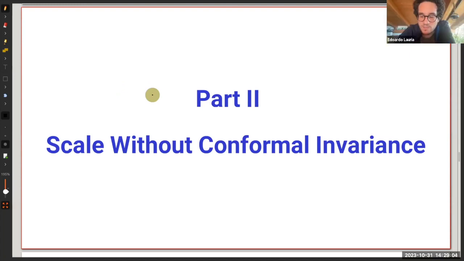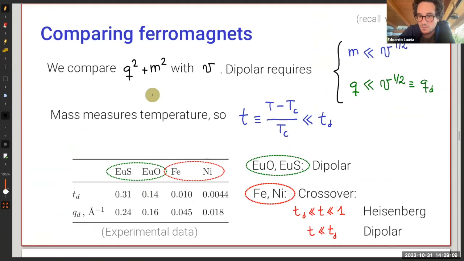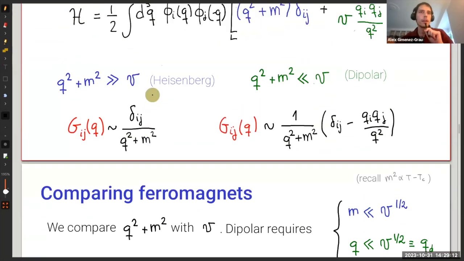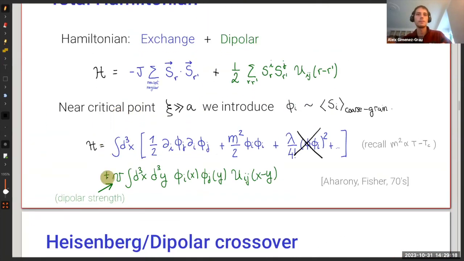You're saying that these dipolar effects are actually much more common than the Heisenberg effects, or not? Yes, correct. Let me go back to this Hamiltonian. The comment is that this coupling V might actually be quite small in many materials, but still it's a relevant coupling. So in the IR, if you go far enough in this RG flow, close enough to the true IR fixed point, this is eventually going to dominate. And the new fixed point that you study is really this dipolar fixed point that I'm talking about.